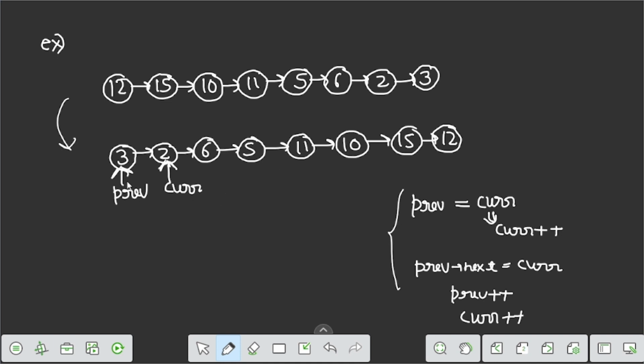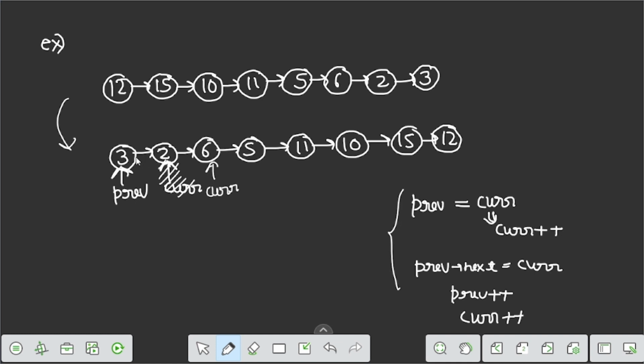remove that node. So here we check 3, which is greater than 2, so 2 is less than the previous value. So we have to remove 2. After removing 2, there is no change in the indexation. We simply go to the next index, which means if there is a value present on the right side which is less than the previous value, we simply go to the next index, where current is pointing here.